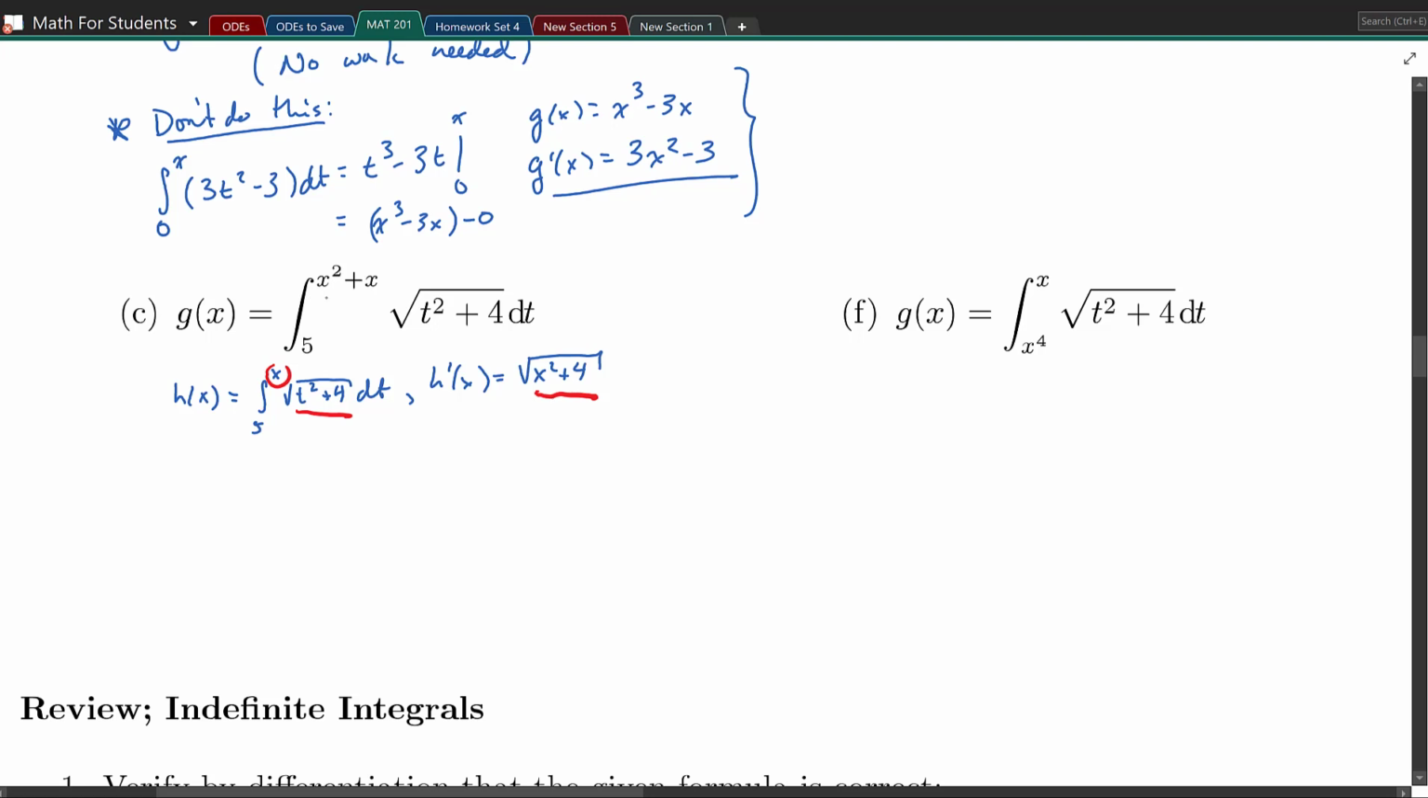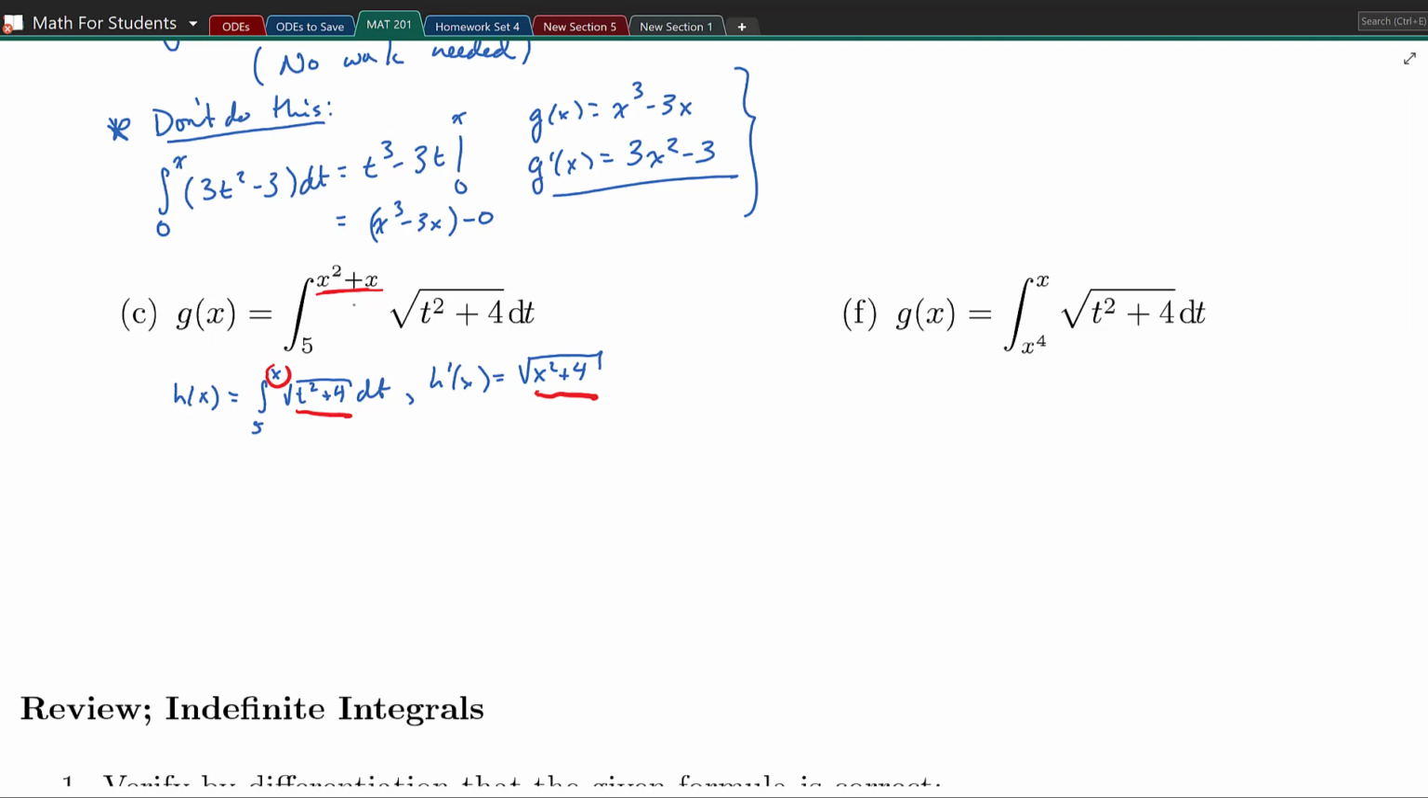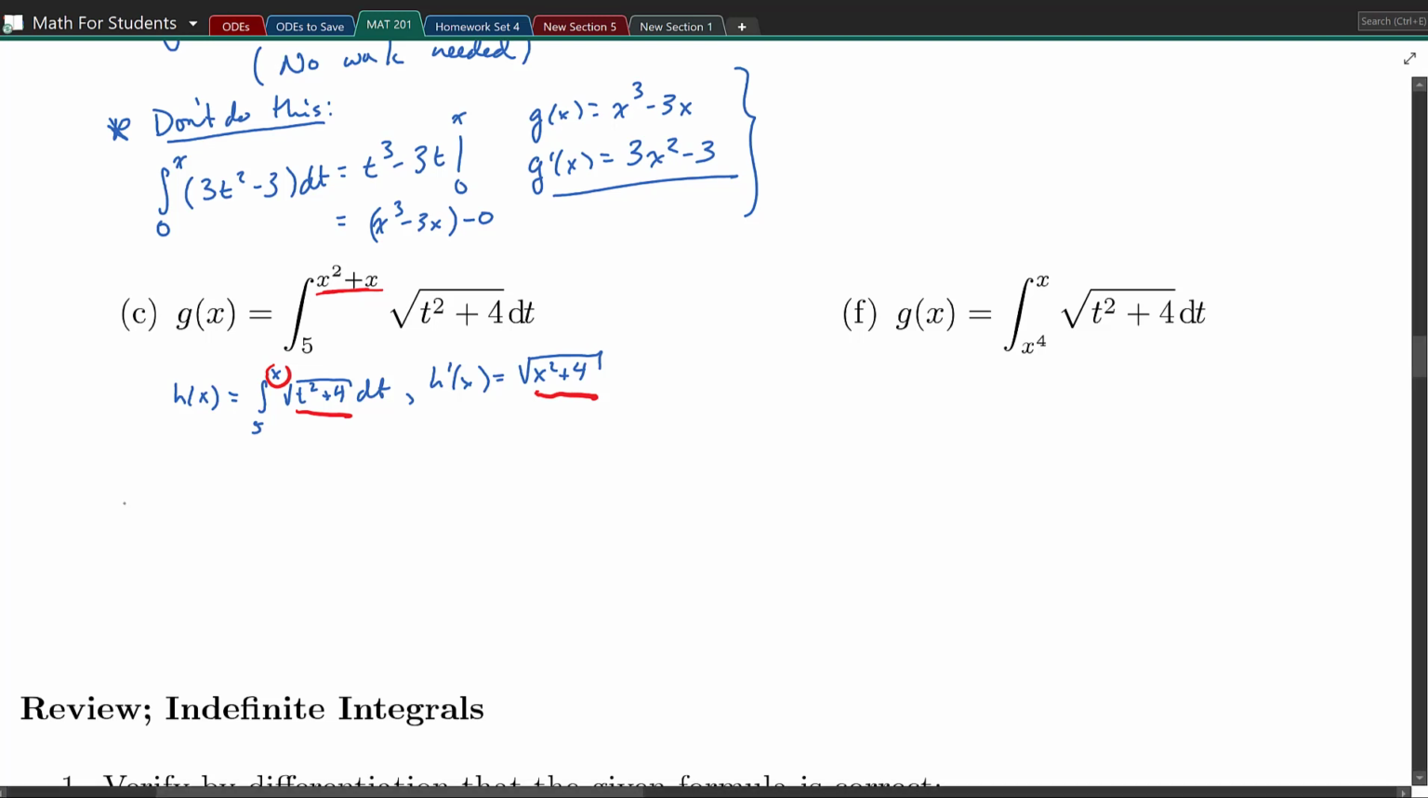Well, in this case, look up here, what have I got? I've got something more complicated than just an x. So I can go ahead and mimic this procedure, but I'm going to have to do the chain rule. So here we go. We would find that in this case, for our problem, g prime of x is equal to the square root of, and then in place of t squared, I'm going to put this upper limit of integration, x squared plus x, quantity squared,